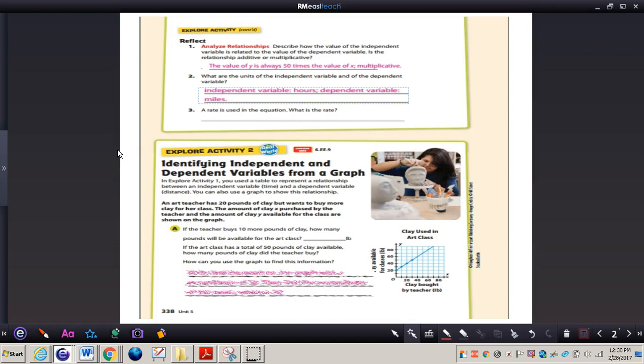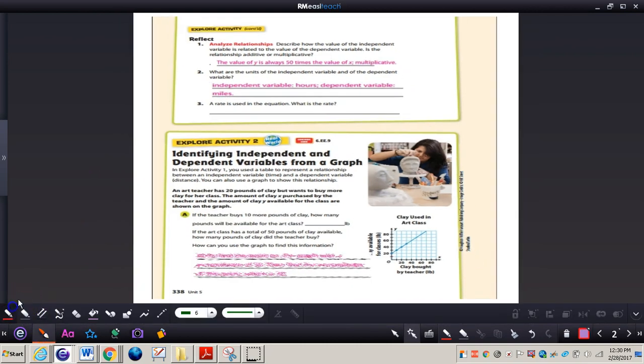Remember, we know it's the independent variable because the number of hours were not dependent on how far or how many miles the train traveled, but the miles were dependent upon how many hours have passed. Okay, so now we can see that a rate is used in this equation. What is the rate? We know that it is 50 miles per hour. Let's write this in together. So 50 mph,